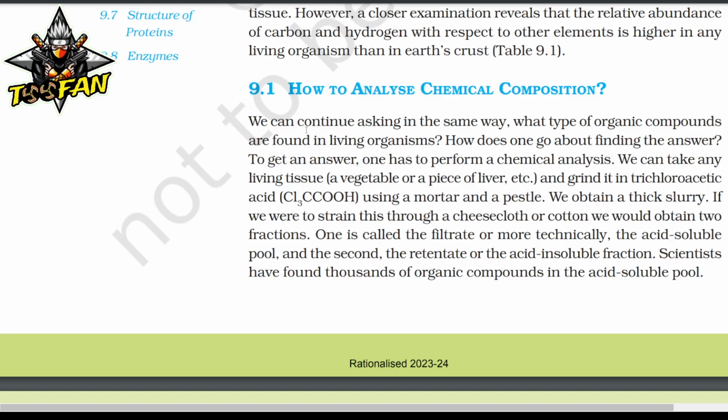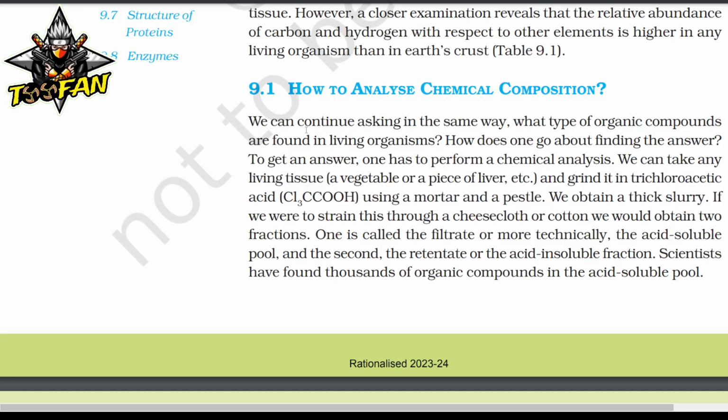To get an answer, one has to perform a chemical analysis. We can take any living tissue, a vegetable or a piece of liver, etc., and grind in trichloroacetic acid. Using a mortar and a pestle, we obtain a thick slurry. If we were to strain this through a cheesecloth or cotton, we would obtain two fractions. One is called the filtrate, or more technically, the acid soluble pool, and the second, the retentate, or the acid insoluble